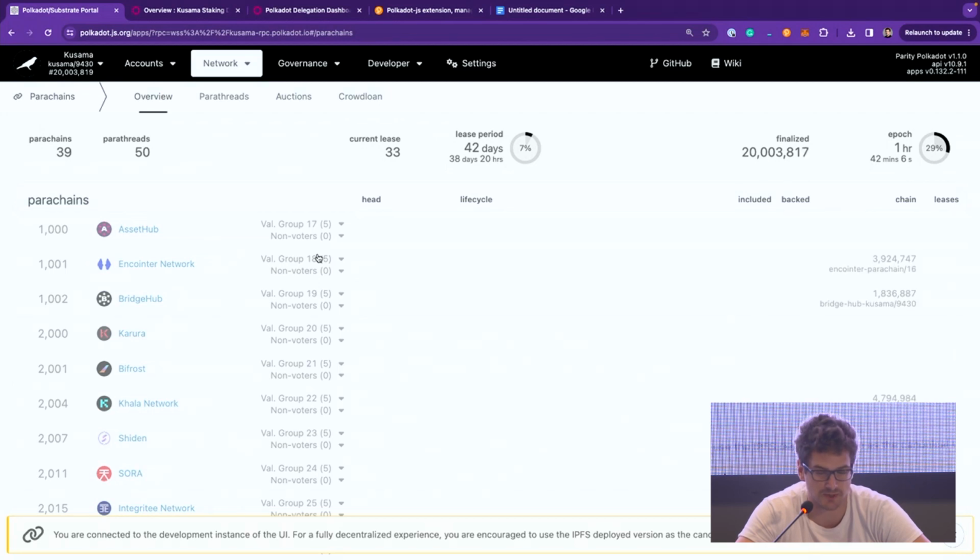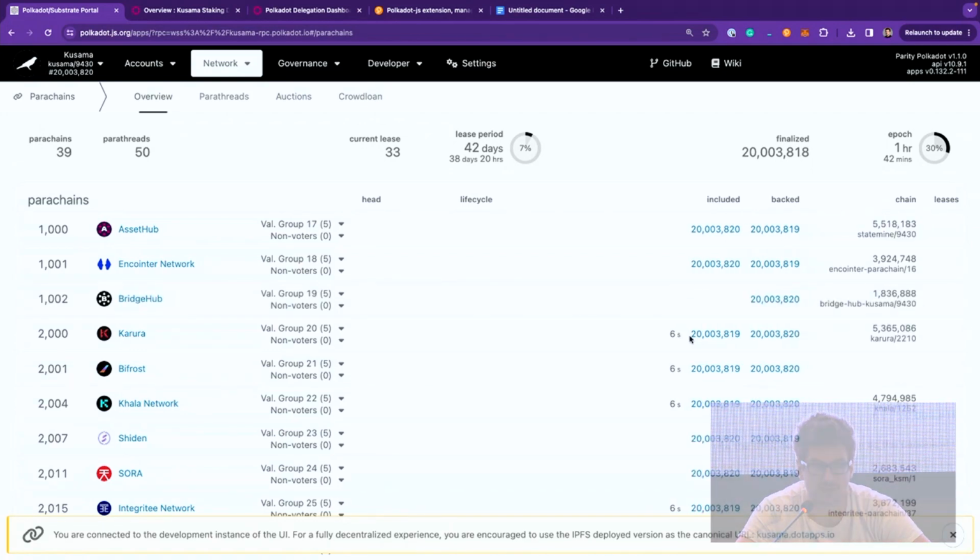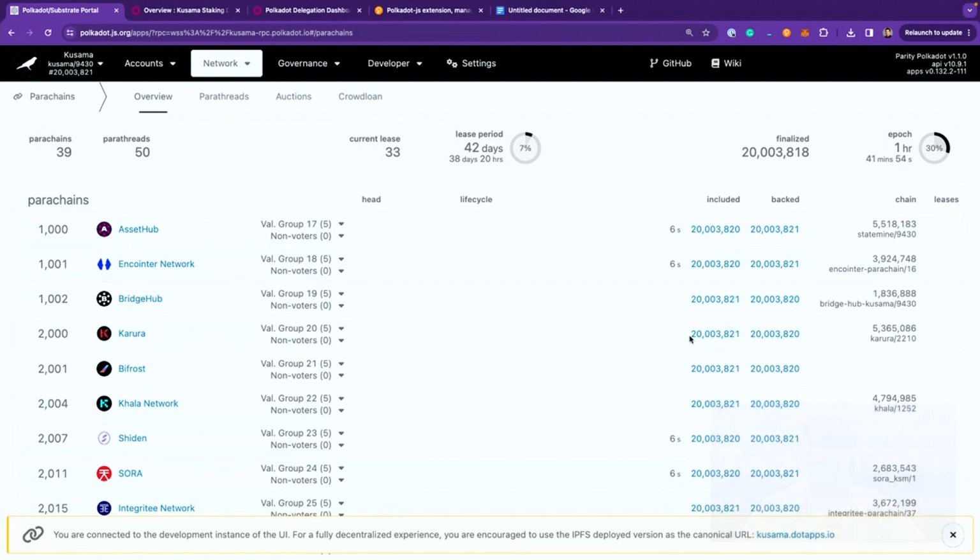Here you can see live the backing and inclusion of parablocks from L1's protocol. Really live. Every 6 seconds, a block is backed. Every 12 seconds, it is included in the relay chain. So the idea is that